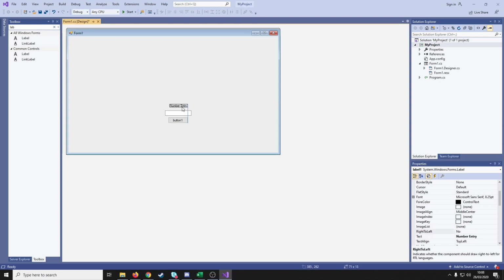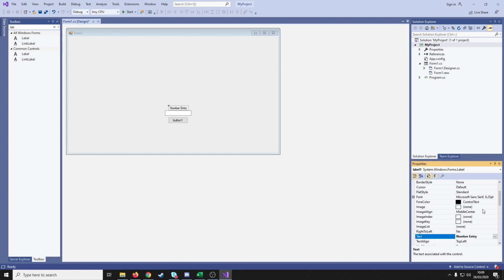And we'll just center it again to make sure it looks nice. There we go. Now you may notice the name hasn't changed, it's still called label 1. That's because the text attribute we've changed, which is here, is what is displayed to the user. What the actual control is called, in this case label 1, doesn't change. It's something the user never sees. It's what we use to access it